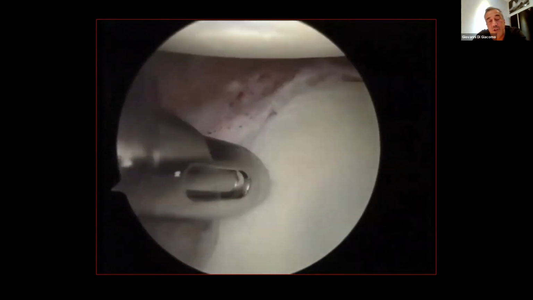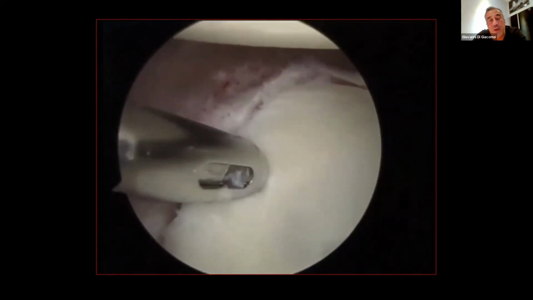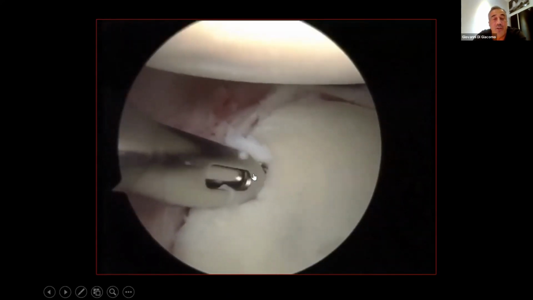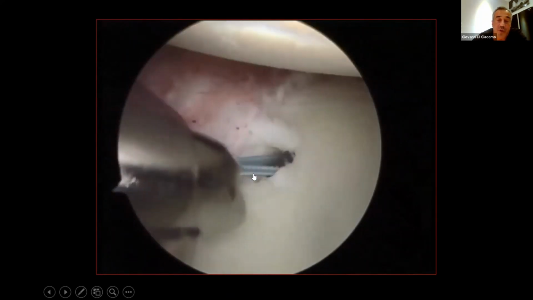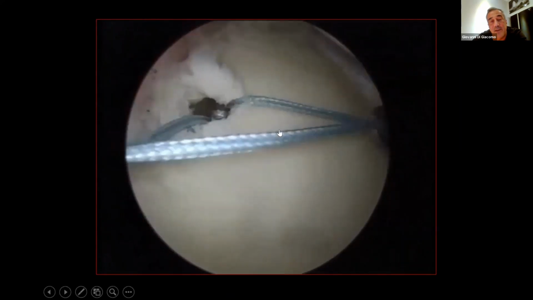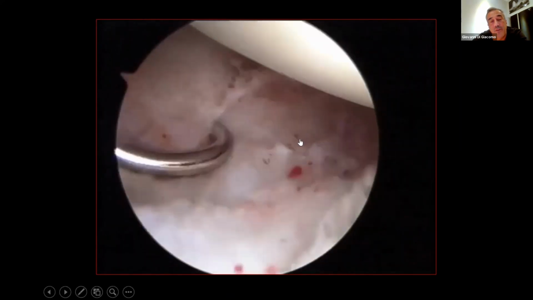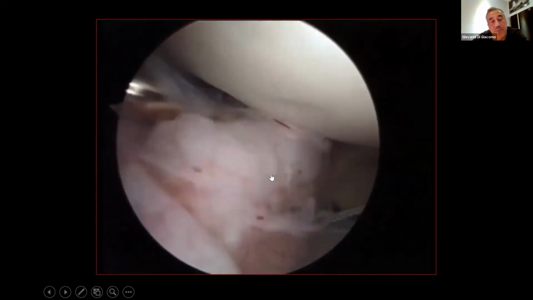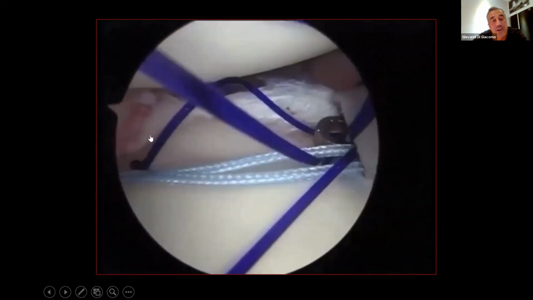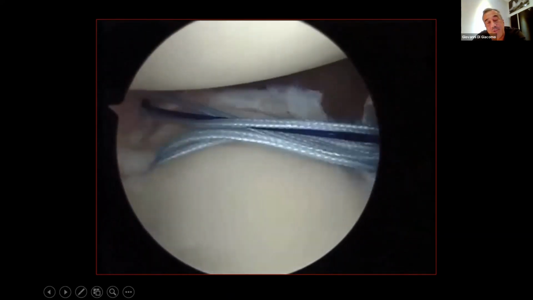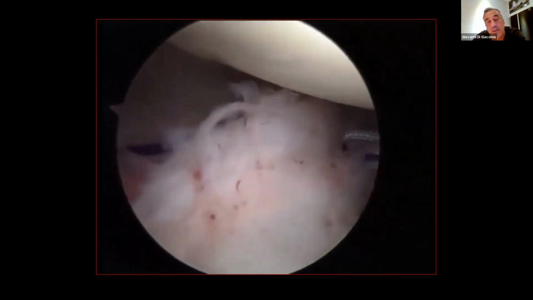You can use your camera from posterior or from anterior superior, but it is very, very important to put the anchors in the right spot. This is a right shoulder. We are watching from anterior superior. Just a very fast example. We retrieve one of the stitches from posterior, and very, very important, we use the suture passer inferior to the anchor, because when we tie the knot, we want to shift the capsule from south